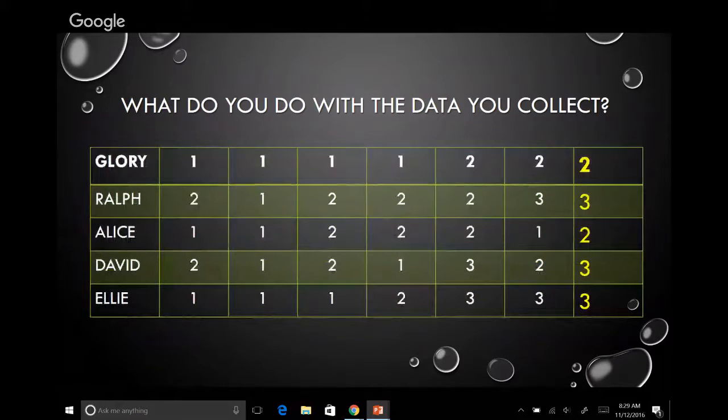Okay, answers. Well, these are some answers. This is not the definitive answers. So with Glory, it's a little bit obvious. She was working on it, and she nailed it, and she's a very strong 2. Okay, Ralph had a good day, and then not so much, and then he was good, and then boom, the last time he was able to throw the target he was throwing to was moving. And then Alice on this great journey, but something happened to Alice on the last trial, and maybe she was sick the day before, or her cat died. There could be a whole lot of reasons. So I would take that one out, and she would still be a 2.